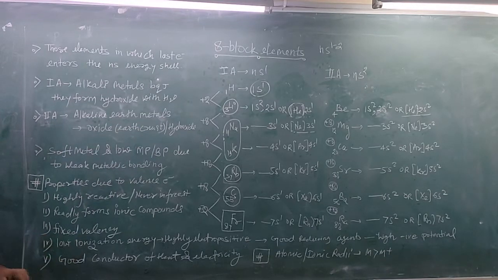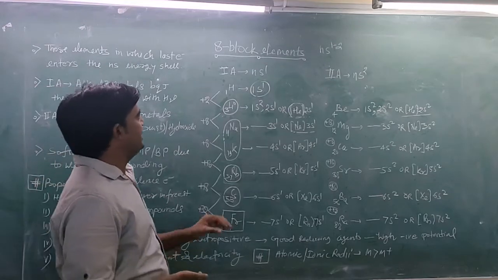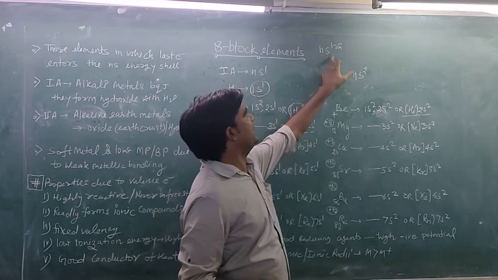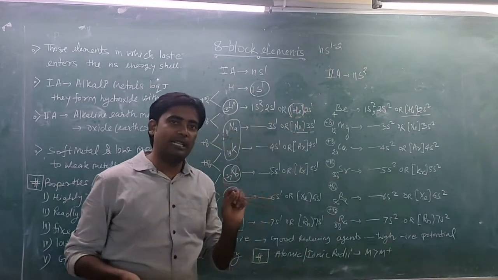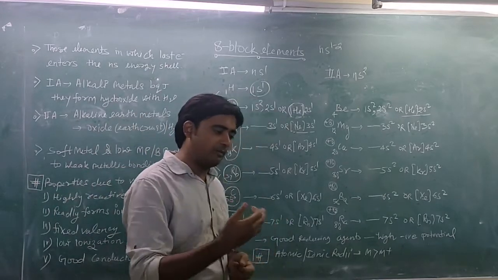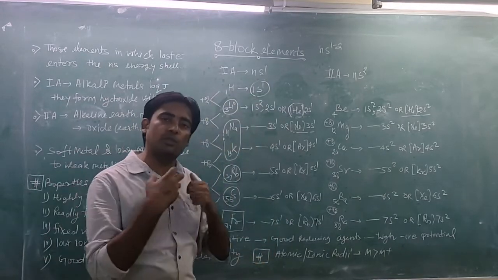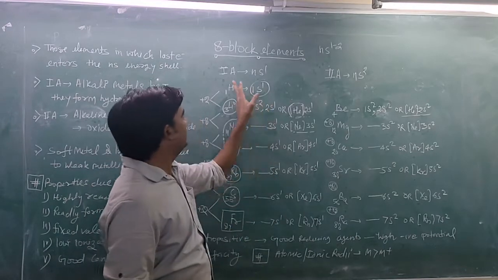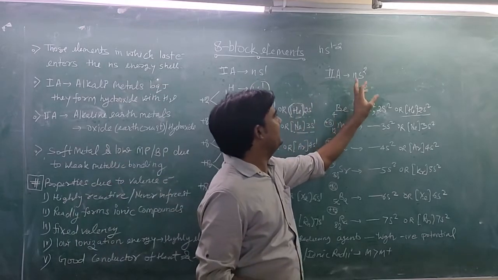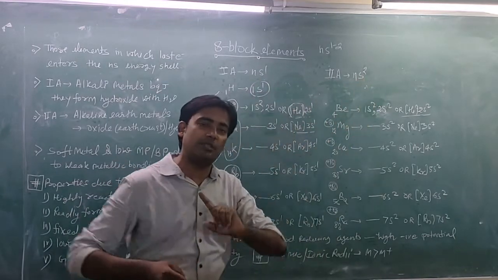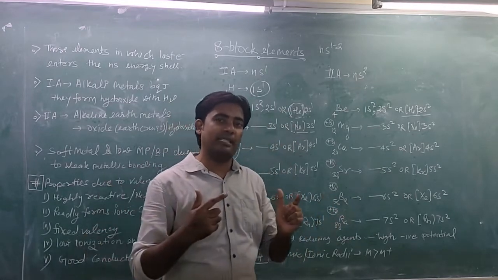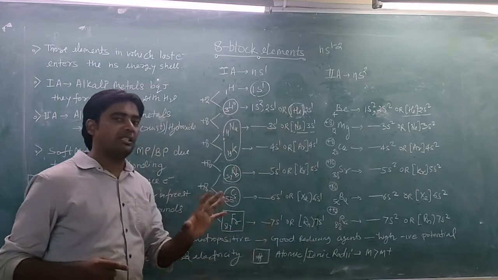These elements show fixed valency. Why fixed valency? Because you can see here the electronic configuration of s block elements is ns1 to 2. So the s orbital has one electron or two electrons. On the basis of interaction with other species, they can release one electron or two electrons only. If first group A, then it can involve one electron. If second group A, then it can involve two electrons in the bonding, so they show one valency or two valency. So they show only fixed valency.